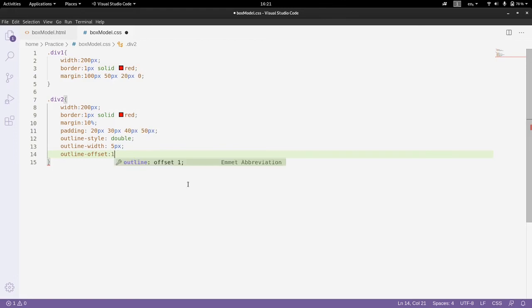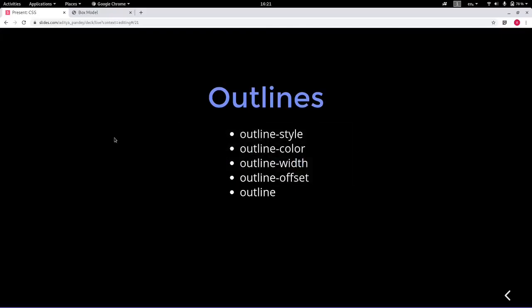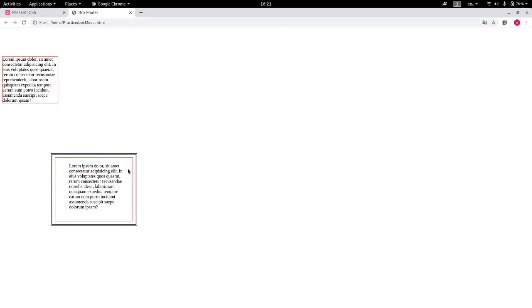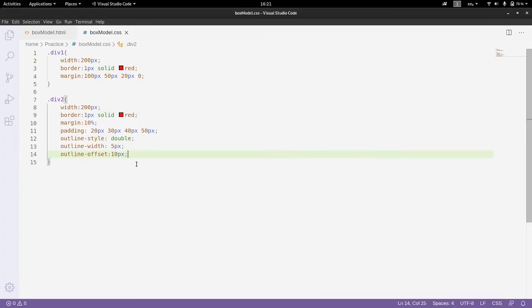So just create a 10 pixel gap using the outline offset in this div2 tag, save it and then go to the HTML document and refresh the page. You can see the outline is set here, and there is a 10px gap, a double styled outline of width 5 pixels. Okay,